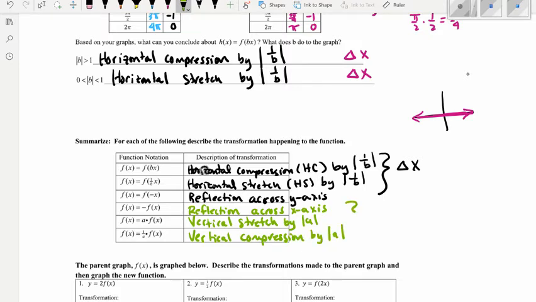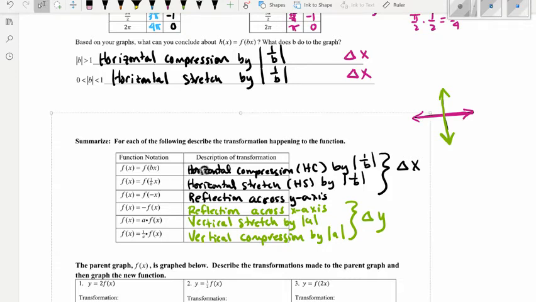And notice that these all change your y values, because on our graph, you'd be moving up and down this way. So that's why it's a reflection across the x-axis, because that would change your y values if you reflect across the x. So let's go ahead and take a look at our